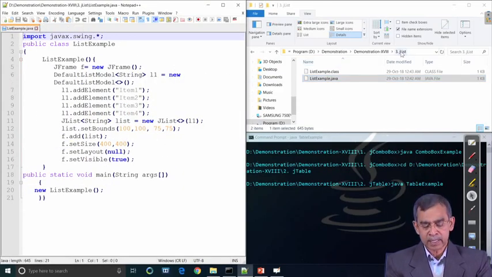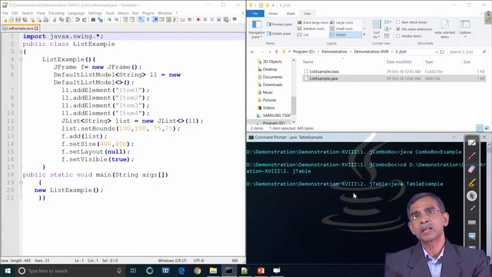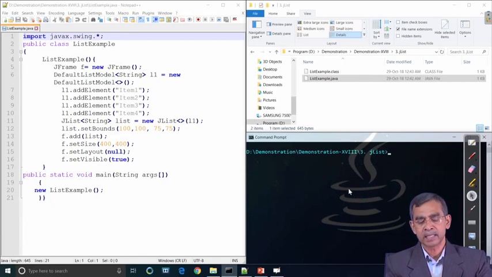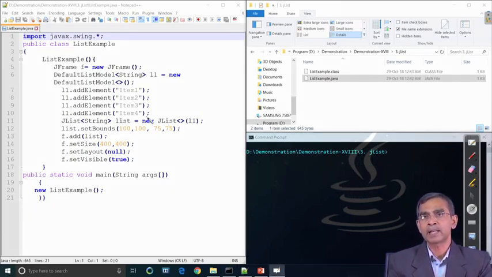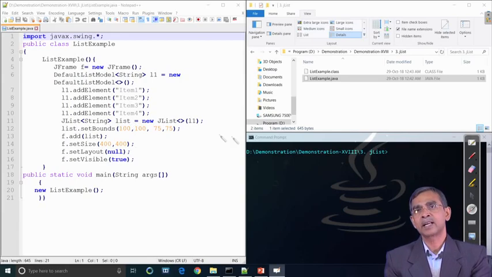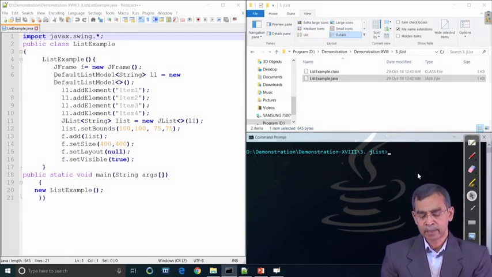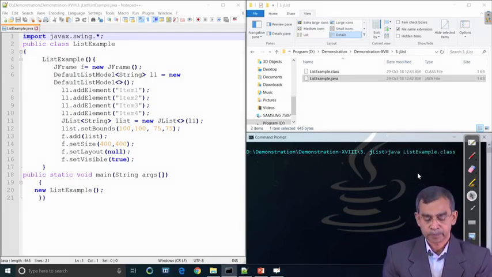Now, our next example is related to the JList. It is very similar to the list that we have already discussed in AWT. The list is basically a list of items. We can put the items into an array, and then the array can be passed as an argument when you initialize a JList object. Here is another way: we can add items independently one by one, and then they are populated into the list. So this is the second way of storing different items into a list.